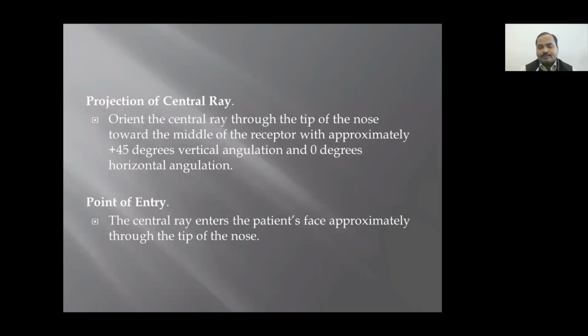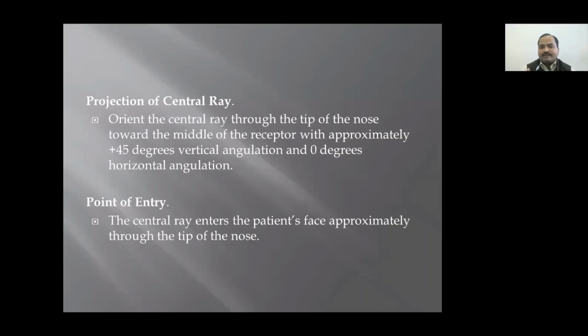Then we have to project the central ray. The orientation of the central ray will be through the tip of the nose and towards the middle of the receptor, meaning the center of the receptor. The central ray will be focusing through the area of interest, and the approximate angle which it will be making,